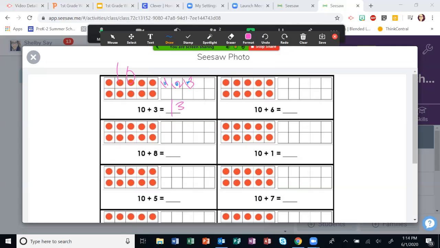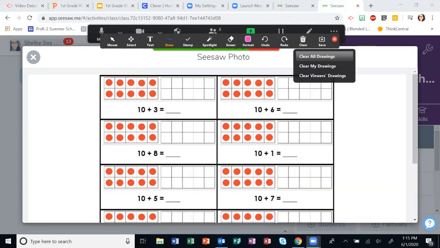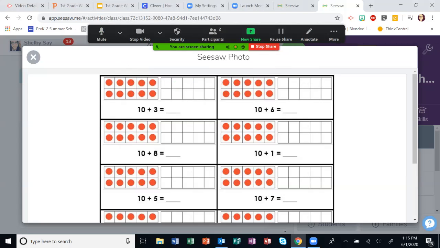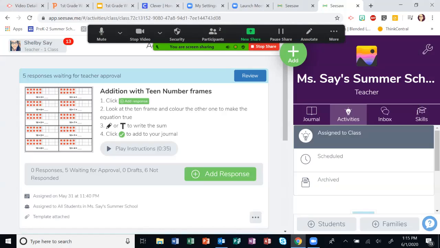So you're going to answer all of the problems and click the green check mark to submit your work. Pretty easy peasy today. Let's see. So the instructions are right here for you. It has the picture instructions, and then it also has a recording of me explaining the instructions here. So that's what you're going to do today, and that is our math for